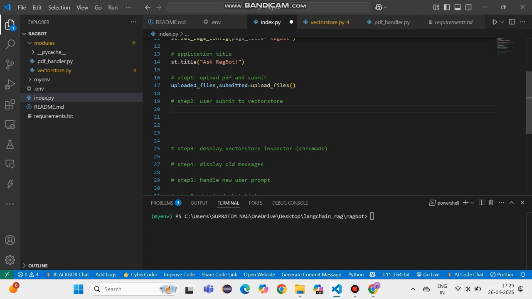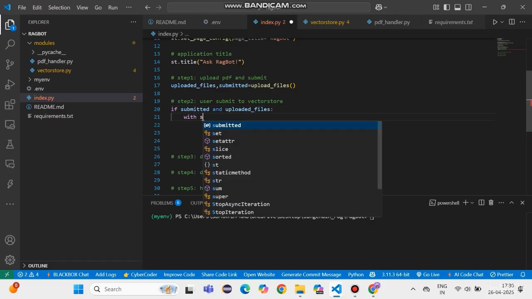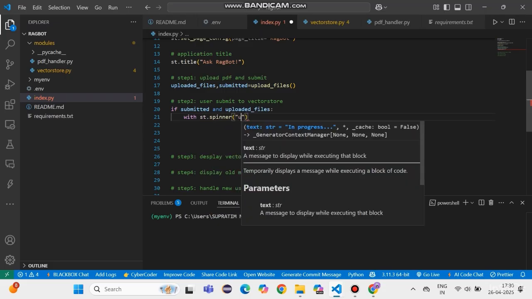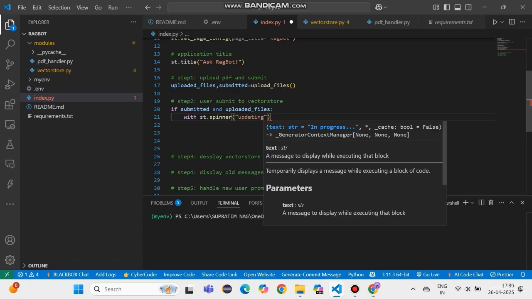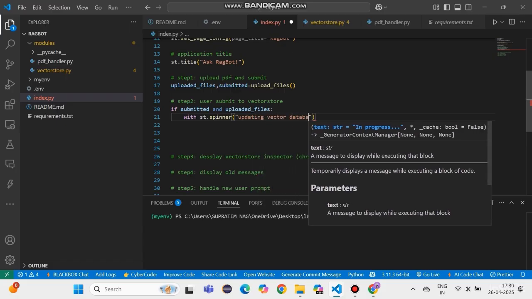As we have stored these submitted values over here, so if submitted and uploaded files, then with st.spinner giving a simple message, updating vector databases,